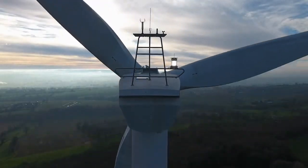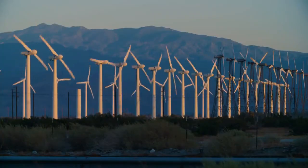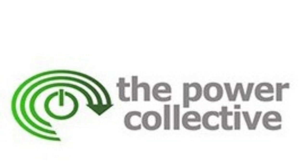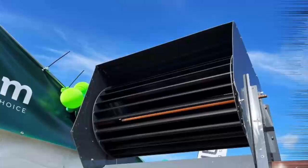Gone are the days when tapping into the potential of wind power was exclusively linked to those massive wind farms. There's a Canadian company called the Power Collective, which created something awesome called the RidgeBlade. It's like a mini wind turbine, but for your house. Instead of standing tall in a field or out in the ocean, this turbine sits right on the roof of